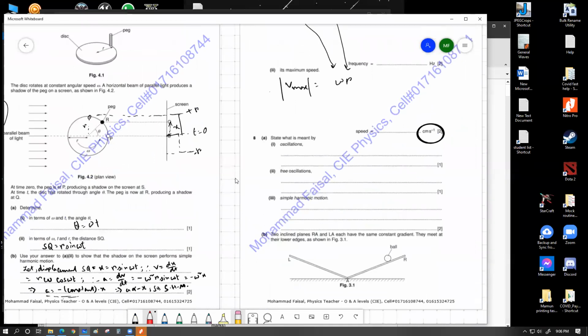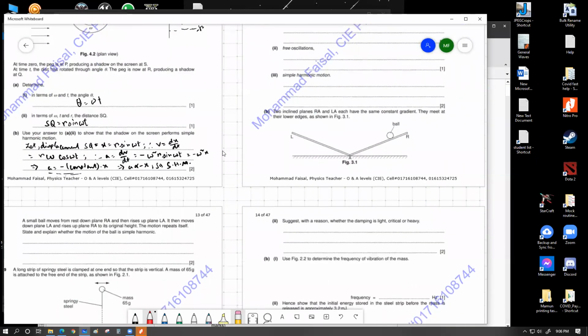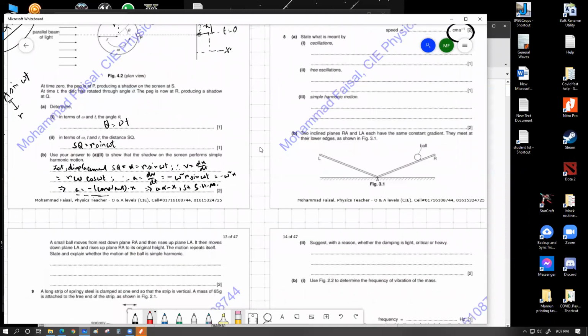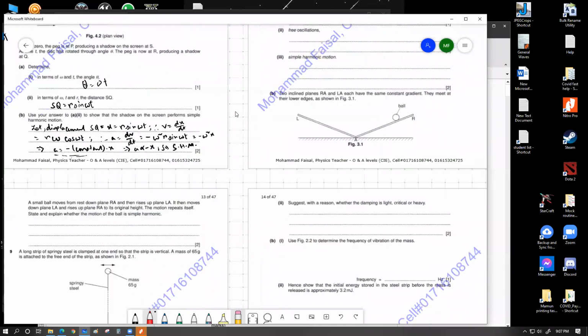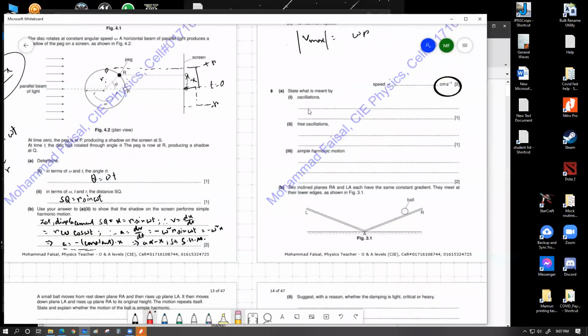If you have any question, please ask me. I'm going to slowly show some solutions of these problems, which I feel do require some observation. For example, 8b is one of these questions which is pretty interesting and conceptually somewhat challenging. Have a look at question number 8b. In 8a, we have just 3 definitions. Be sure to know these definitions properly with the proper wording that the examiners like to see. Have a look at the mark schemes if you want to get some exact words. I leave this question in your hands.